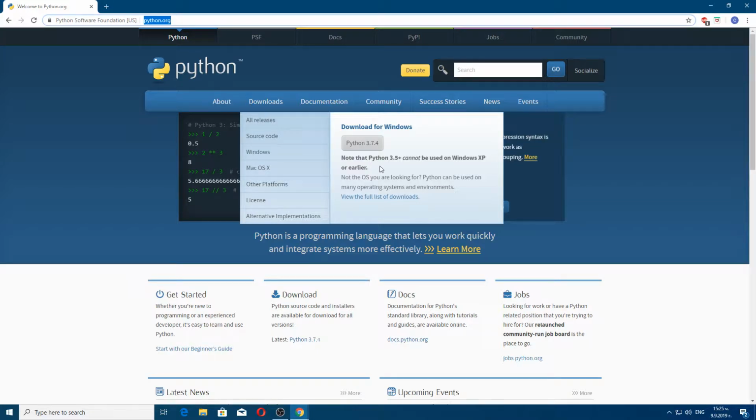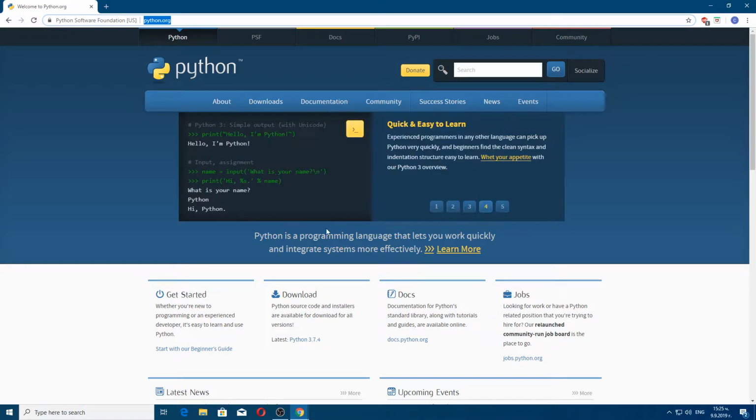Okay, so after you download the file, you just go ahead and install it. I suggest you install it in local disk C. Just do a basic installation. Just do whatever the Python installation program says. And after you downloaded Python,